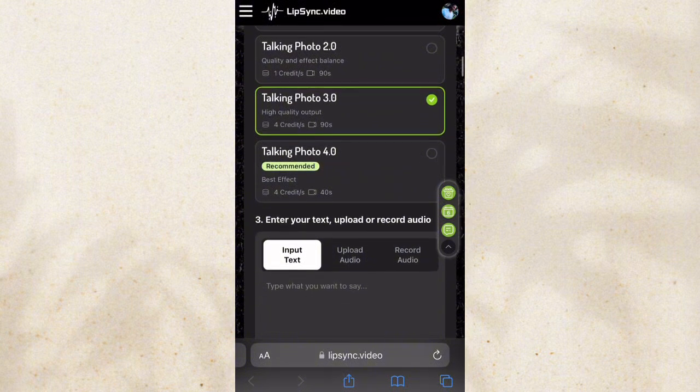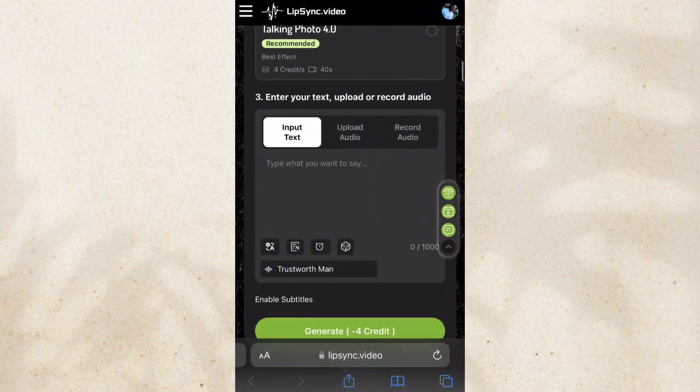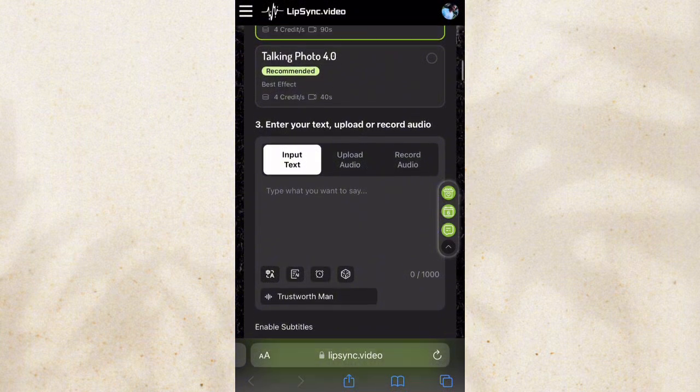These modules determine the type, like how you want your music to sound. The first module is these talking photos. This talking photo, they have 2.0, 3.0, 4.0. I normally like to use this 3.0 talking photos because I think that gives me the best result.